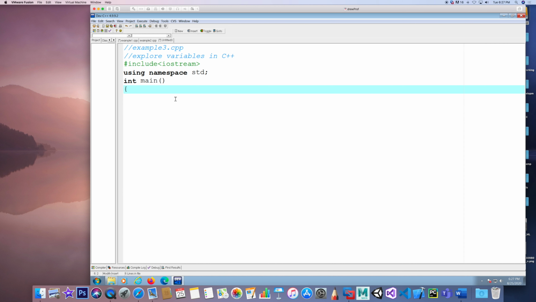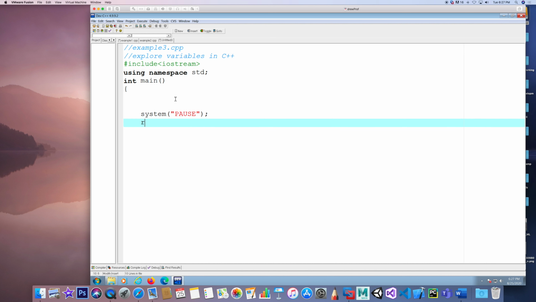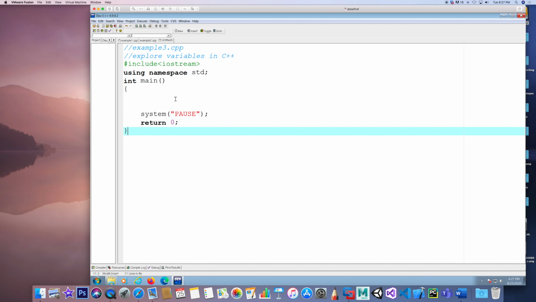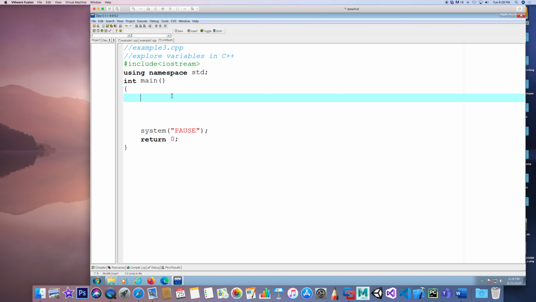Okay. And let's do a system pause here to hold our screen. Let's go ahead and do a return 0. Let's go over here and create a few strings. So one will be string first,